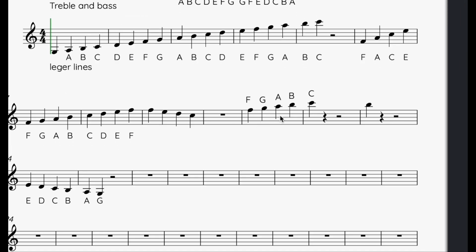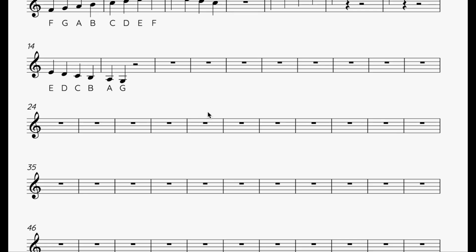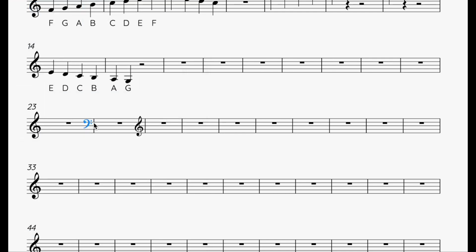So you've got the F, G, A, B, C to get the top ledger lines, and then below you've got the E, D, C, B, A, G to get the bottom ledger lines. Then we need to go on to the bass clef. So let's stick one of those in. There we go. So we've got bass clef here,